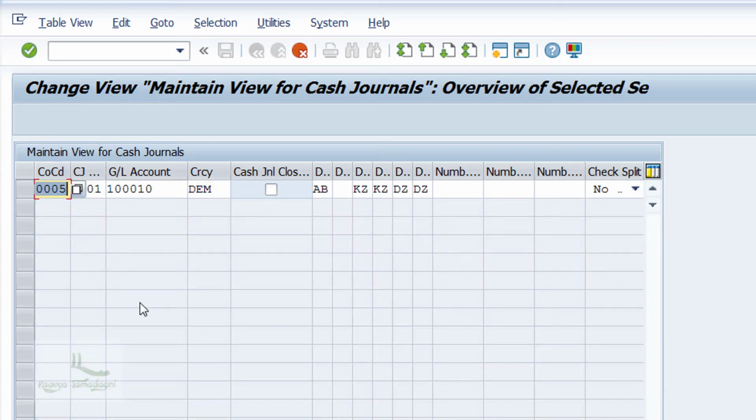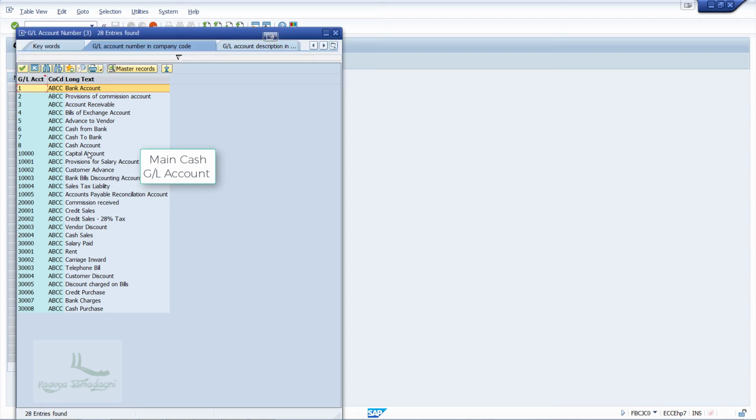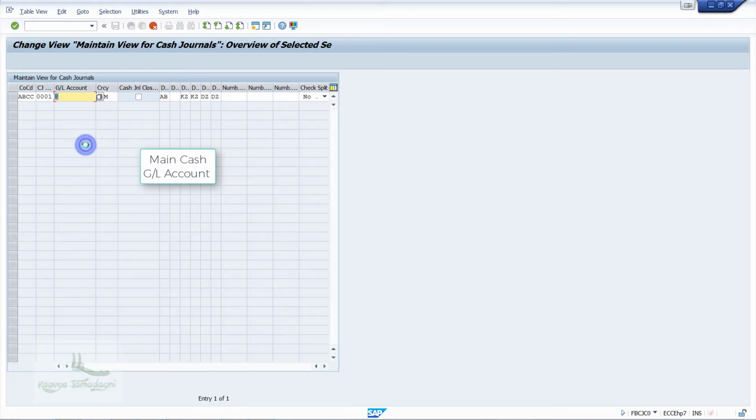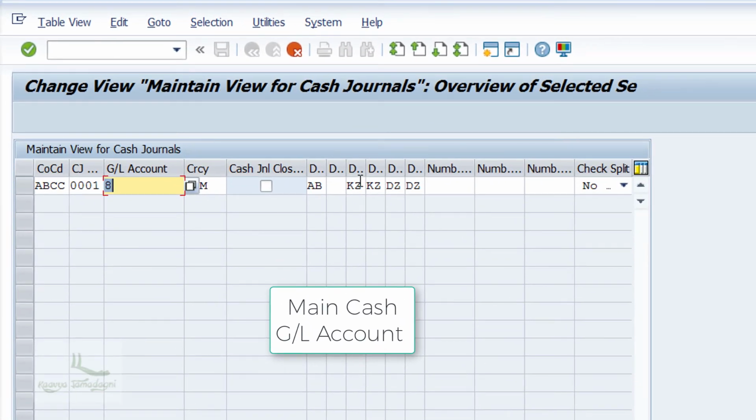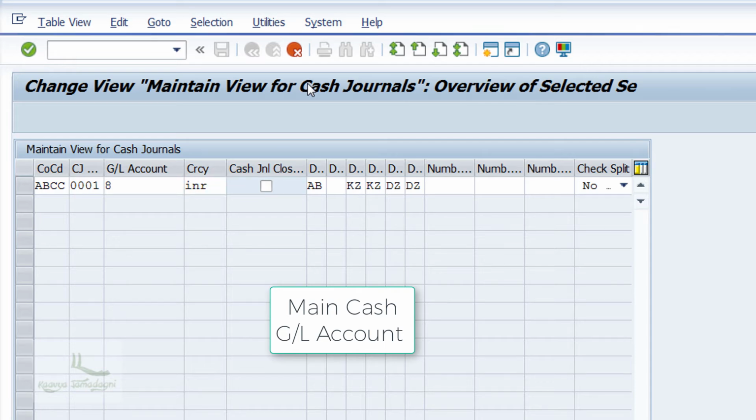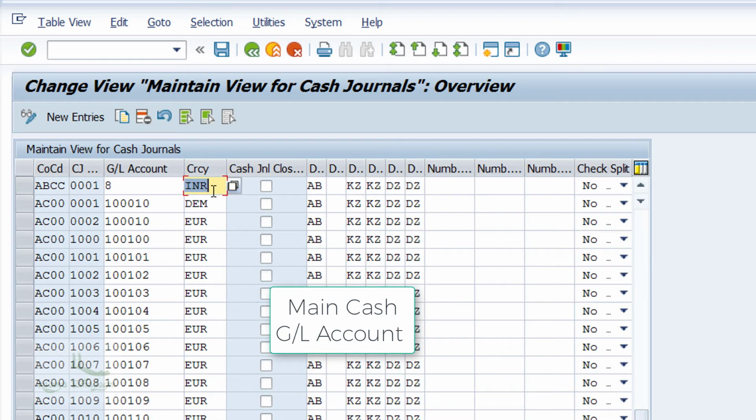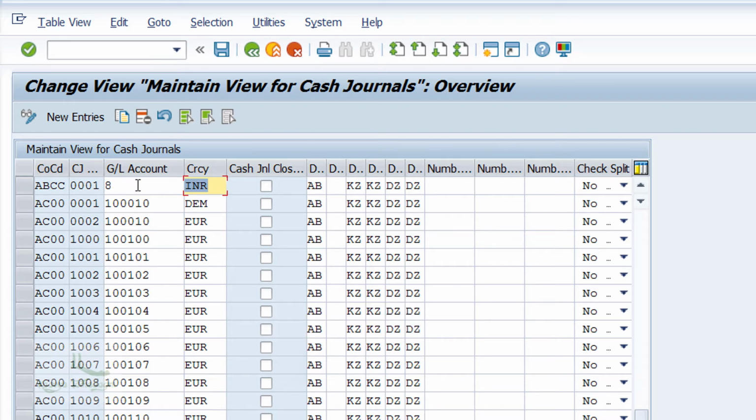When I do this, the system will take us to the new window, and now change the company code to ABCC and change the GL account to your Cash GL account. Guys, please remember this, we need to assign only Cash GL account and not the GL account which was created for the cash transfer to bank and cash transfer from bank GL account. Okay? Cash account is the main account for all the cash journal transactions. Change the currency to INR here and leave the remaining settings as it is. Okay? Now hit the enter key and this will take us to the previous screen. Here we have done all the changes, so just click on the save button.